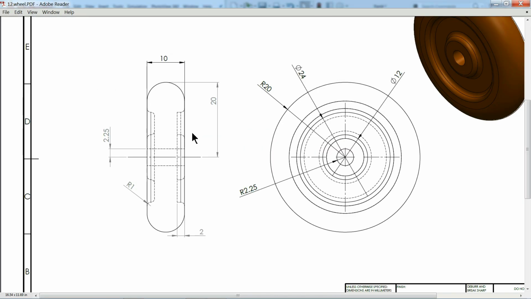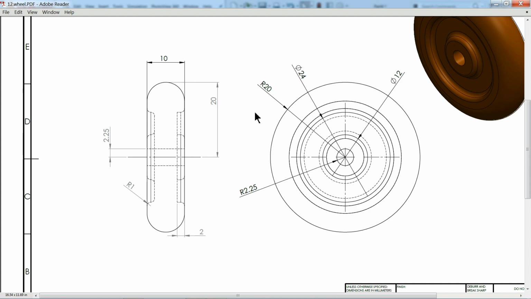Now here the next part is the wheel. We are going to create this wheel with the help of the revolve boss base command. So see, this thickness is 10 mm and the center distance 20 mm. If you see the outer diameter, radius 20 mm.